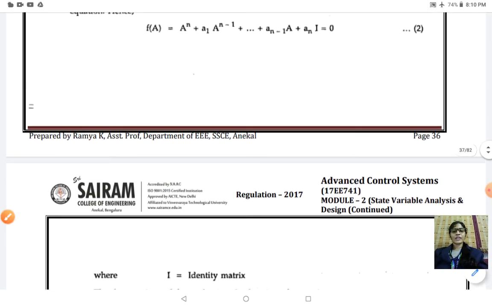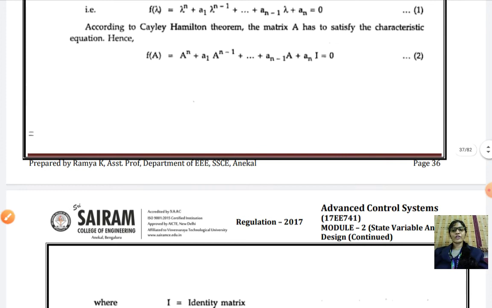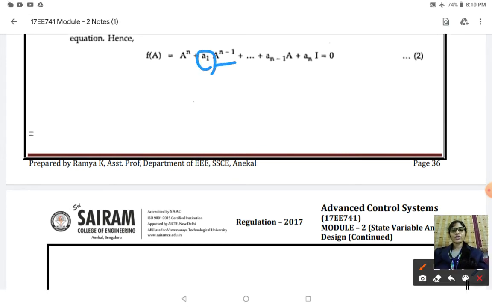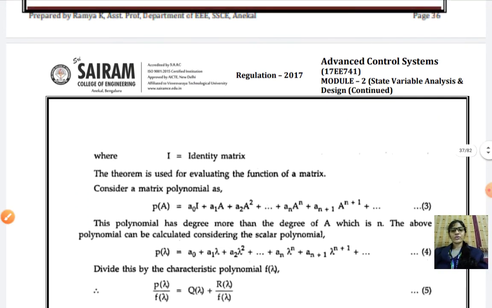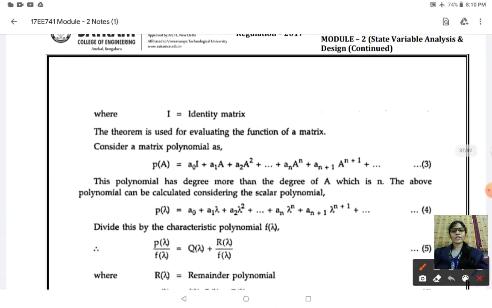Next, here we have written A to the power n. When you look at this, A is the matrix and a1 is a constant, so we need to multiply the constant with the identity matrix. When you do so, you get the polynomial equation P of A equal to a0 I plus a1 A plus a2 A squared, like this. Therefore, as every square matrix should satisfy its own characteristic equation, we get P of lambda equal to, just replace all A with lambda in this particular equation.